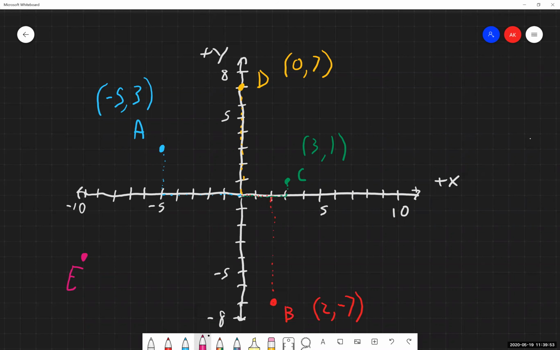And then last but not least, we're looking at E. So looking horizontally, again, starting from the origin, I'm moving 10 in the negative direction for my x value. So my x value is -10. And then vertically, I'm moving down, is that 4 units? Looks like 4, yeah. I'm moving down 4, so my y value is going to be -4.